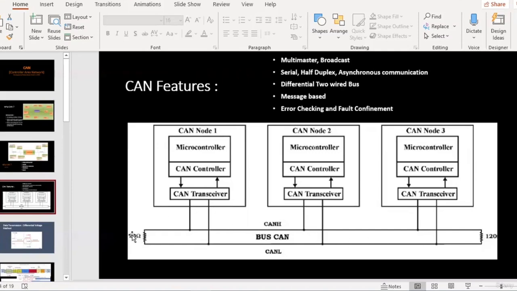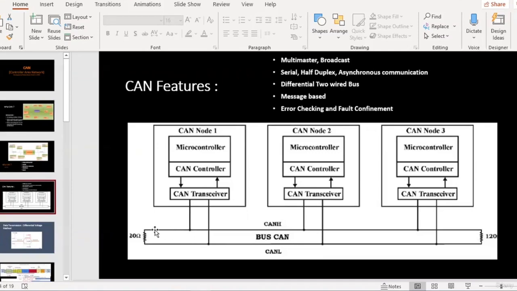Why is this 120 derived? This is based on the inductance created by the wiring harness, assuming the maximum length of the wiring in a CAN line is 40 meters. Based on that, this 120 ohms is derived.